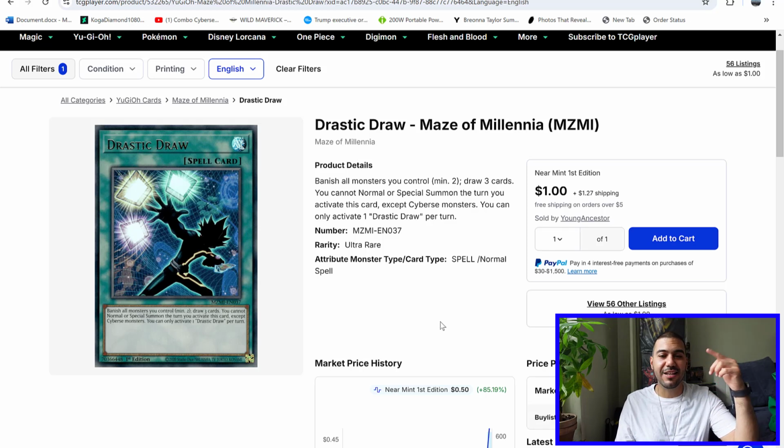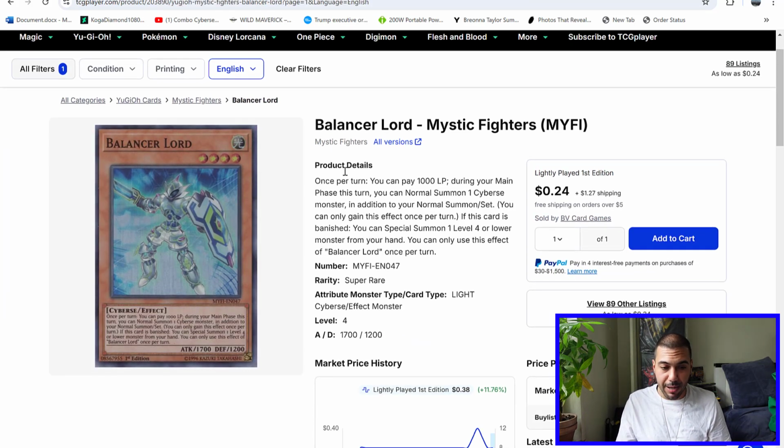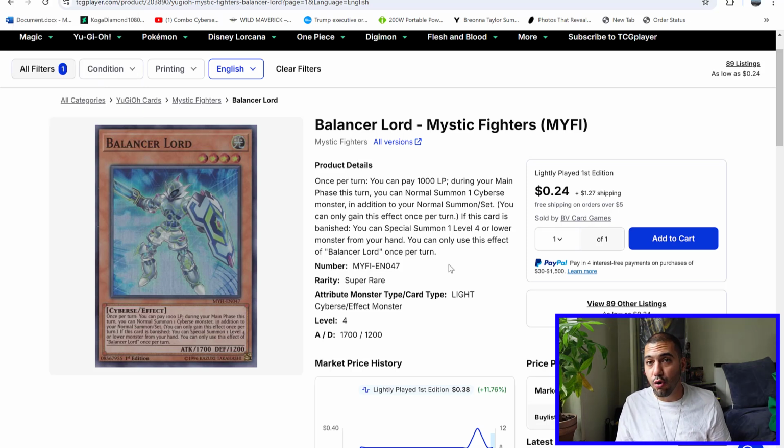I already started thinking of side decks for it. Like, I'm really hyped for this. Next card I think you can play is Balancer Lord, because the reason why I say Balancer Lord is not only that, you know, you can get an additional normal summon for a Cyberse monster, but what I really think,